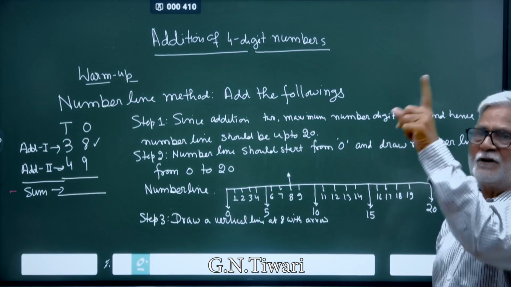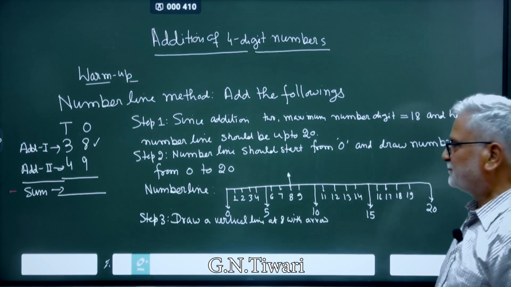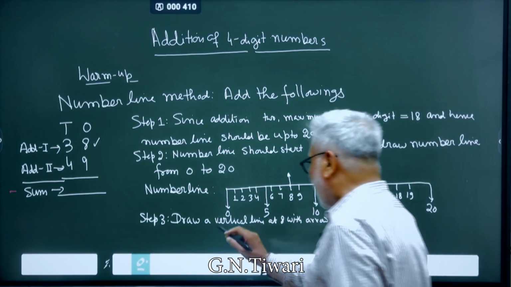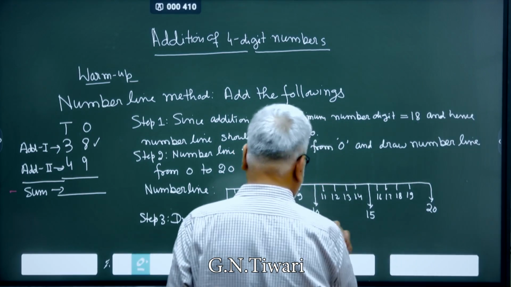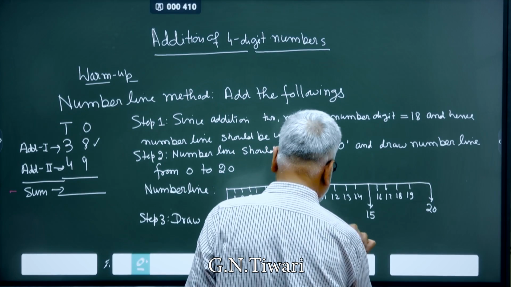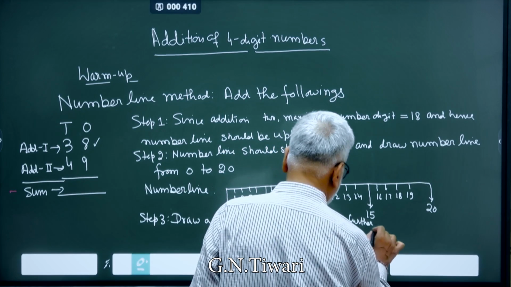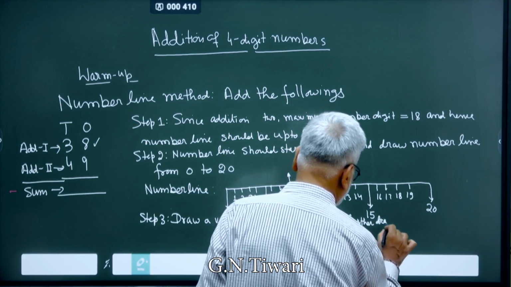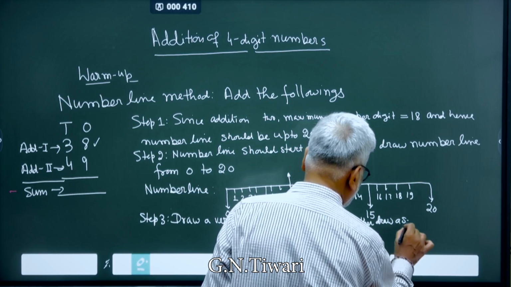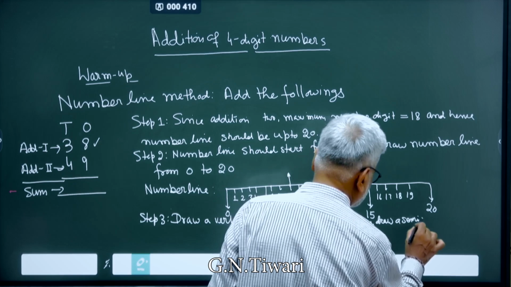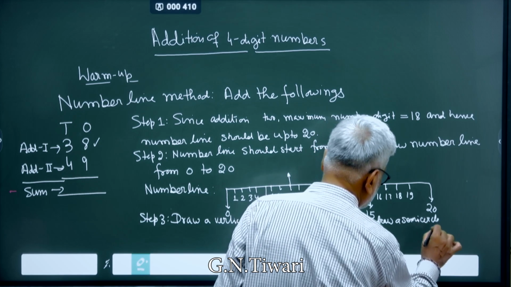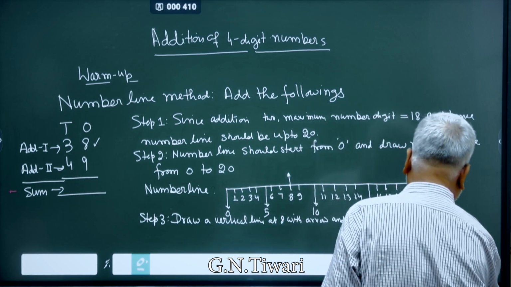Arrow means upward direction, downward direction. Draw a vertical line at 8 with arrow and further draw a semicircle between 0 and